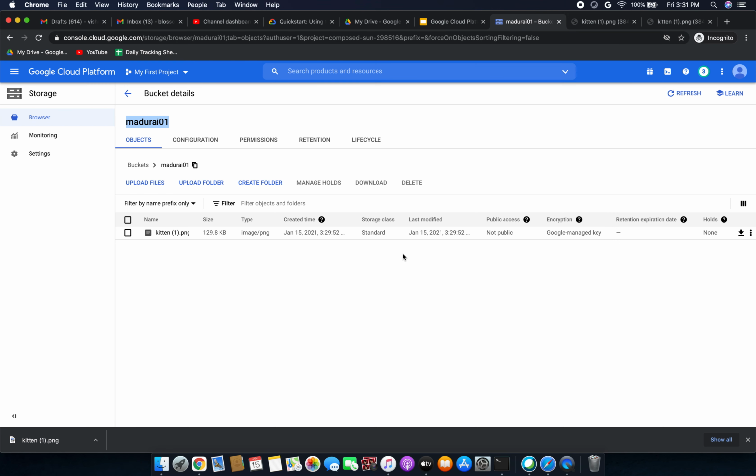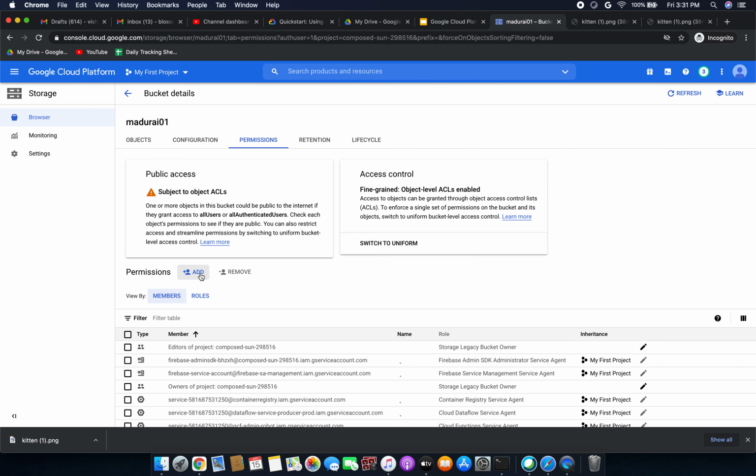If someone has to view this image, I have to change the public access to public, so everyone can see it. So how to do that? We have to share the public access. We have to go to the permissions.